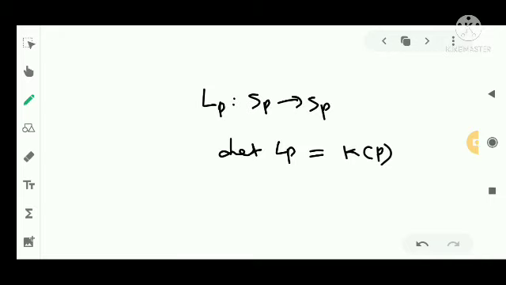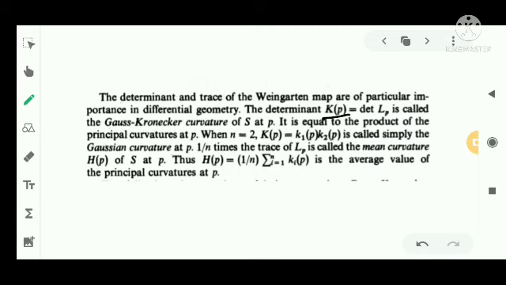We know that the determinant is the product of eigenvalues, and the eigenvalues of the Weingarten map are known as principal curvatures. That means the determinant of L_P is the product of the principal curvatures of L_P. That is, it is equal to the product of principal curvatures at P, and it has a special